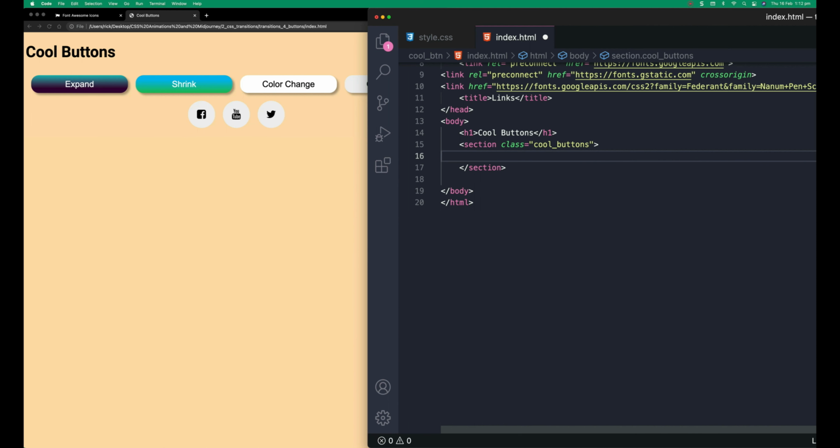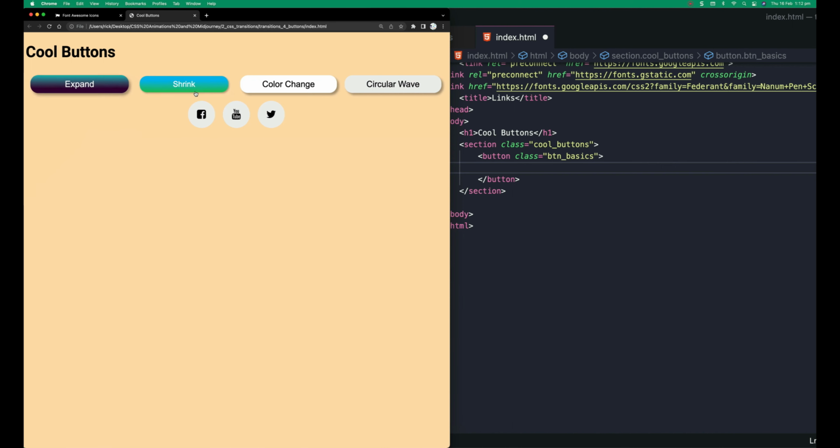In the buttons, let me just say it like this: button, they will have a class BTN, BTN basics, and this one will be the same as a basic reset that we did with the links, right? So we're going to use this class on all of the links. And let's do both of them in this lecture: expand and shrink,